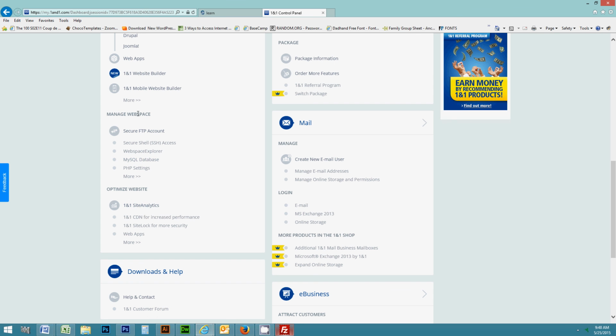All right, MySQL database. So under Manage Web Space and My Host is where I'm going to see MySQL databases. So I'm going to want to go in there to create a brand new database. So once I come in here,